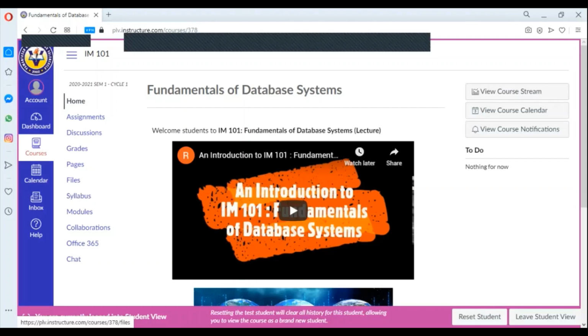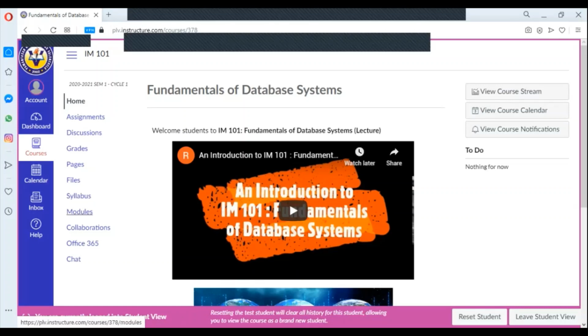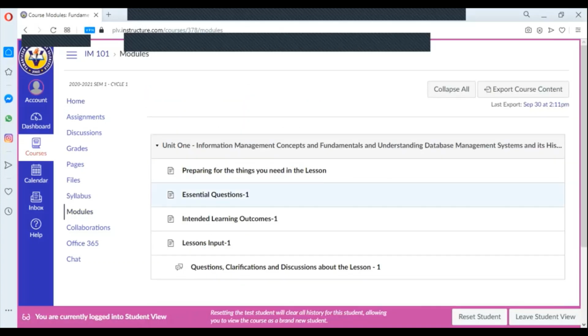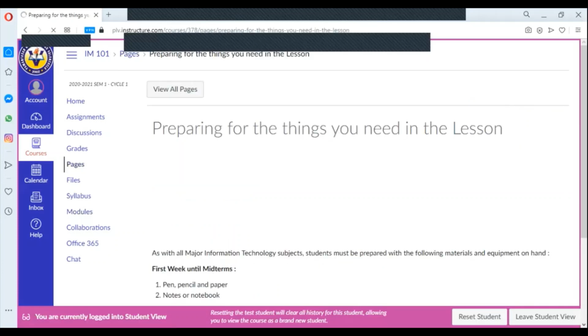Now, before we begin, kindly click on the modules link. Under the modules link, we have Unit 1, Information Management Concepts and Fundamentals, and Understanding Database Management System and its History. Now, preparing for the things you need in the lesson. This is for our lecture part. Now, if you click on this particular link,